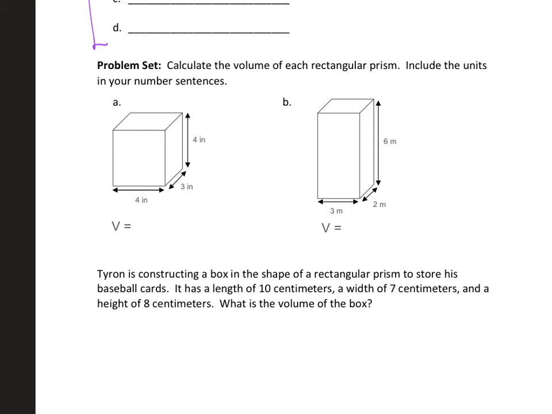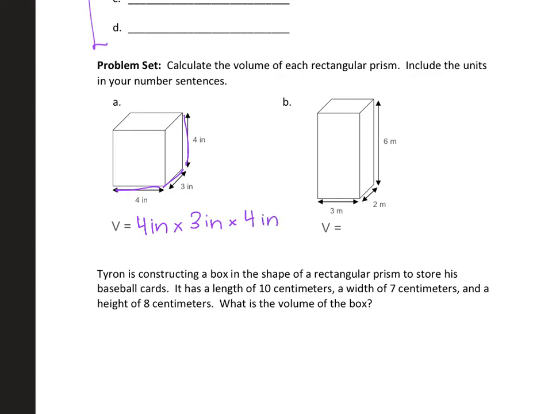Okay, so it says calculate the volume of each rectangular prism, include the units. All right, so to find the volume here, again, it gave us all the dimensions, so we're going to say, okay, the length is 4, so we'll say 4 inches times the width, which is 3 inches, times the height, which is 4 inches,